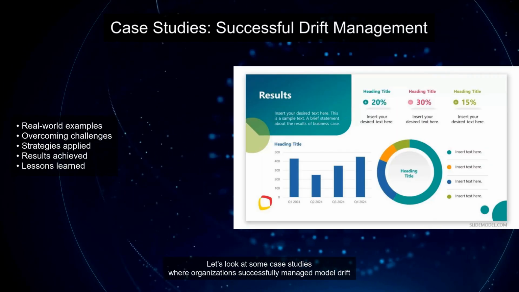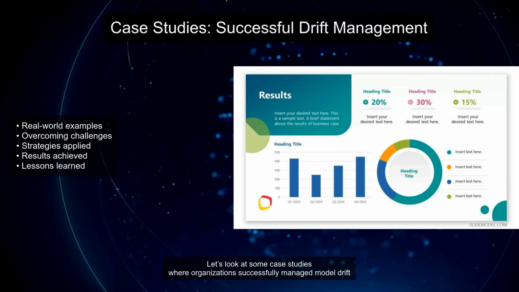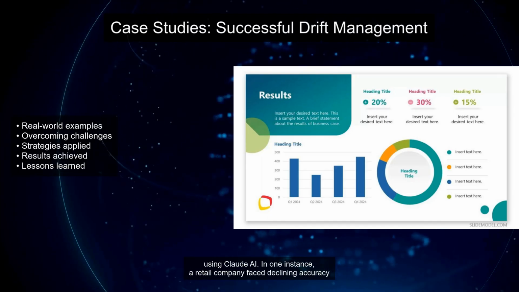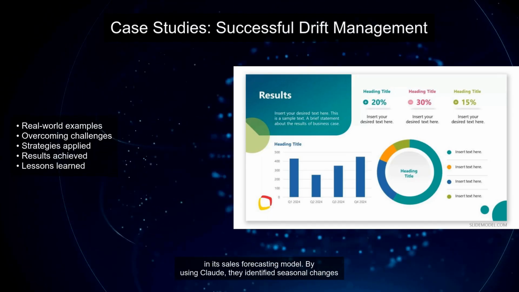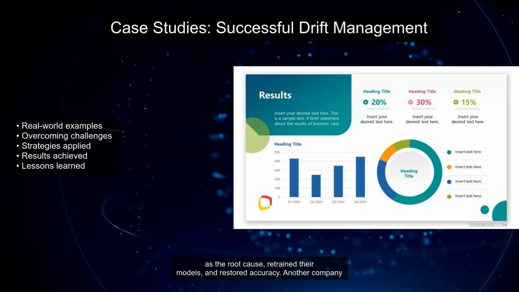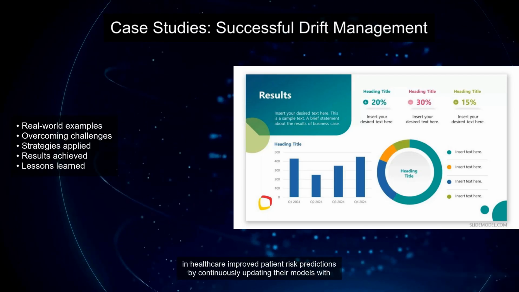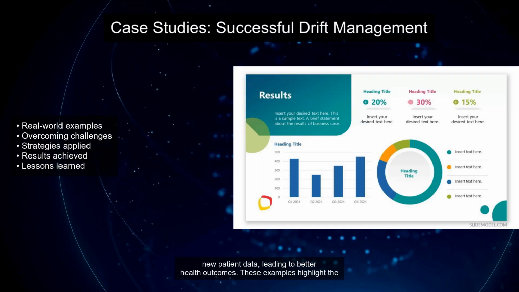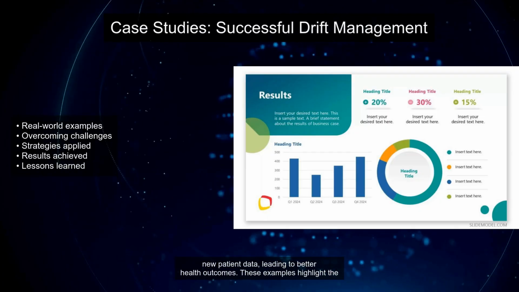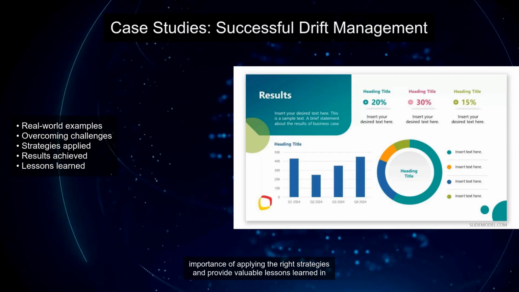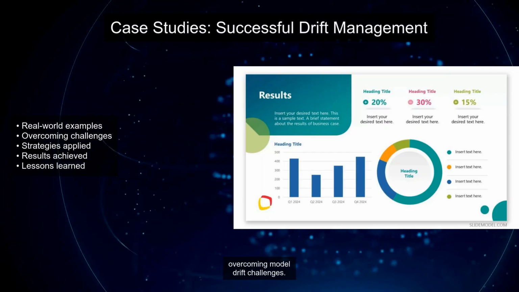Let's look at some case studies where organizations successfully managed model drift using Claude AI. In one instance, a retail company faced declining accuracy in its sales forecasting model. By using Claude, they identified seasonal changes as the root cause, retrained their models, and restored accuracy. Another company in healthcare improved patient risk predictions by continuously updating their models with new patient data, leading to better health outcomes. These examples highlight the importance of applying the right strategies and provide valuable lessons learned in overcoming model